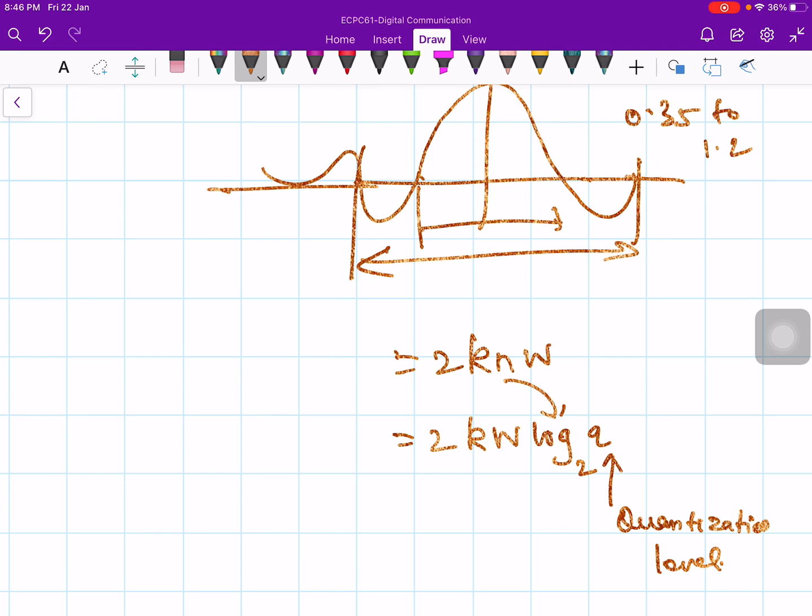The larger the number of quantization levels you have, the finer the quantization you can carry out. Of course, that will lead to a more accurate representation of your signal, but it will also introduce a larger bandwidth sacrifice. It will also require larger bandwidth for transmitting the signal. Okay, for example,